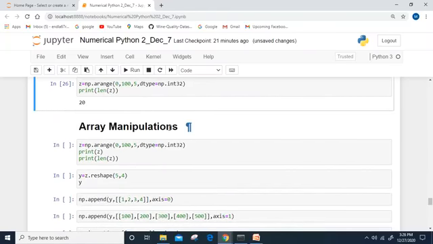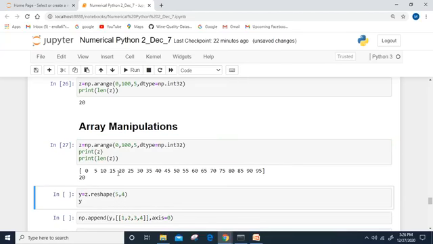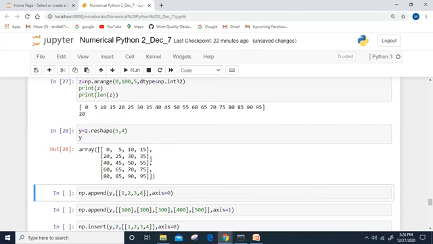Here, the array manipulations are over. Here I created an array by using the arange function. In the arange function, I specify the range as 0 to 100 with a step of 5. Now I'm going to execute this one. See, the elements are executed. There are 20 elements. Now I'm going to reshape that array with the multiples of 20, that is 5 and 4. So with that shape I'm going to execute that one. See, the array is constructed successfully.